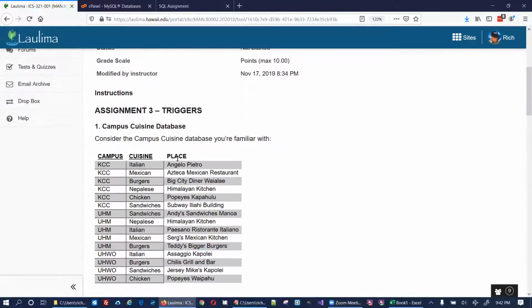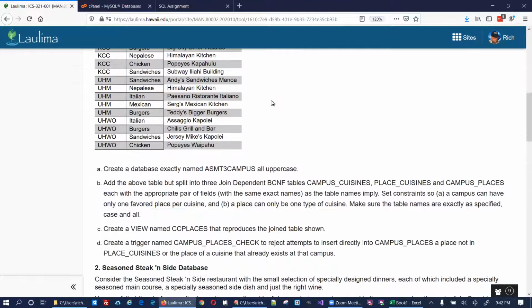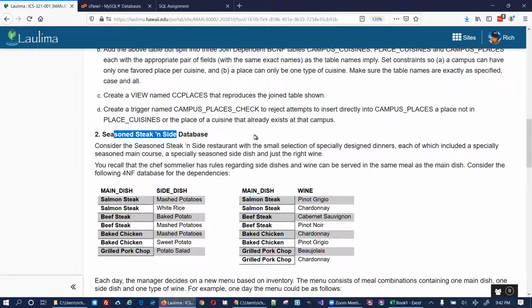And continuing with assignment 3, now I'm going to do assignment 3.2. If we look at the assignment, we just finished this one earlier. Now we're going to look at the seasoned steak and side database. Consider the seasoned steak and side restaurant with a small selection of specially designed